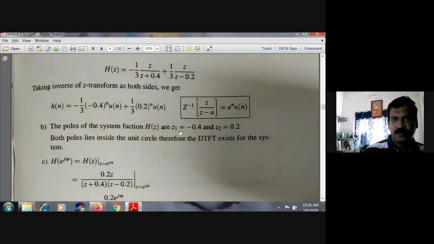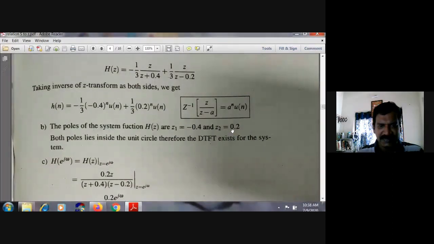So what are the poles here? One pole is z equal to minus 0.4, and another pole is z equal to 0.2. So both poles lie inside the